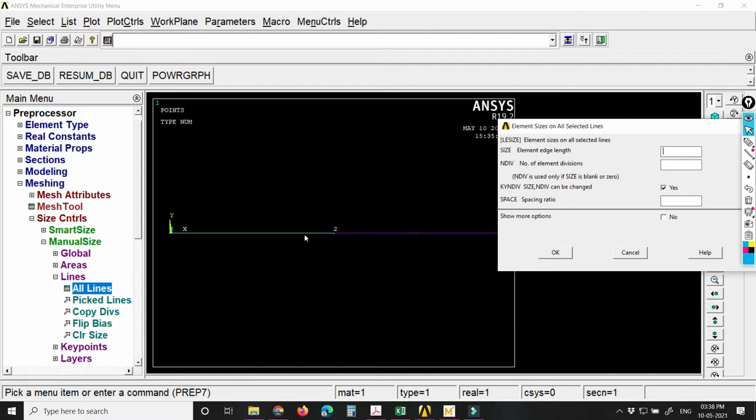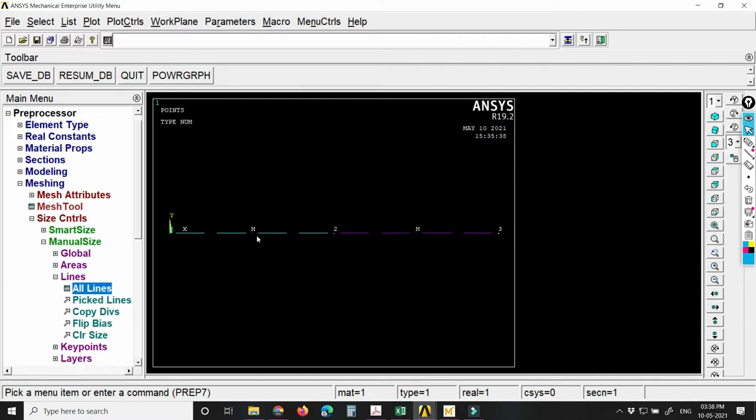Okay, so here we can see 4 elements. Suppose we want to make each element of 1 meter length. Okay, so number of element divisions, suppose it's 4, and then press OK. I have selected all lines over here, so it will select all the lines automatically. So press OK. So you'll see there we have 4 elements for each line.